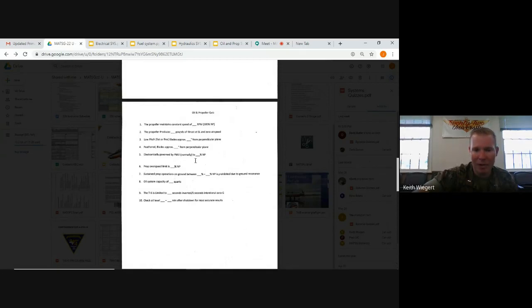Sustained prop operation on the ground is prohibited between 62 and 80% due to ground resonance. Oil system capacity is 18.5 quarts. The T6 is limited to 60 seconds of inverted flight and 5 seconds of intentional 0G. And maintenance is going to check the engine oil level between 15 and 20 minutes after it's shut down